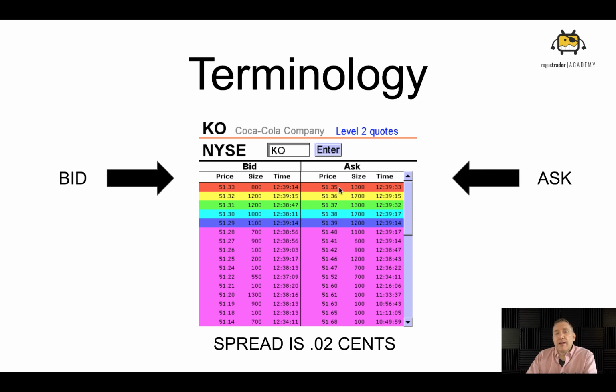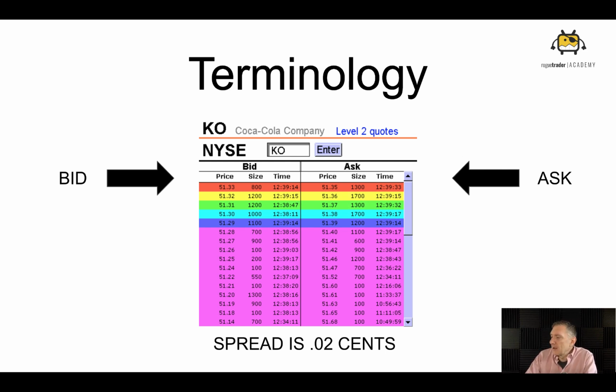I'll just buy it. If people didn't cross each side, there'd be no trading going on, right? Everybody sits on this side and says, no, I'm not going to go over there. And these guys say, no, I'm not going to go over there. We'd just sit there all day and nothing would happen, right? So it's common to just buy on the offer or sell on the bid if you need to get in or out of things.